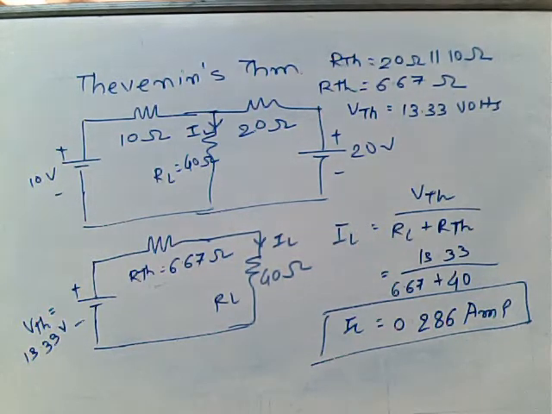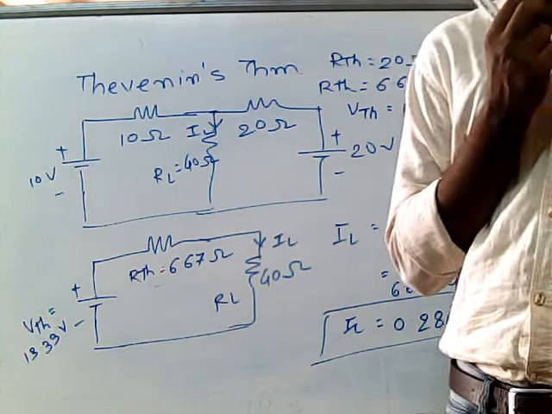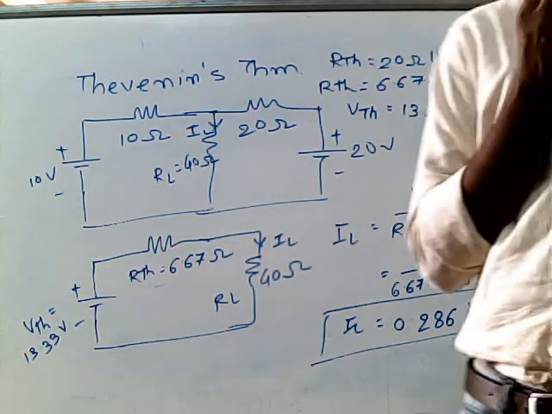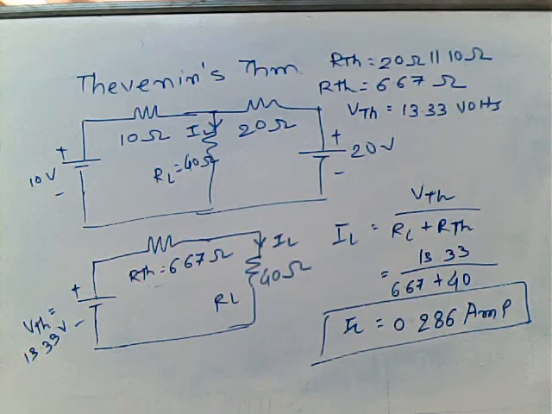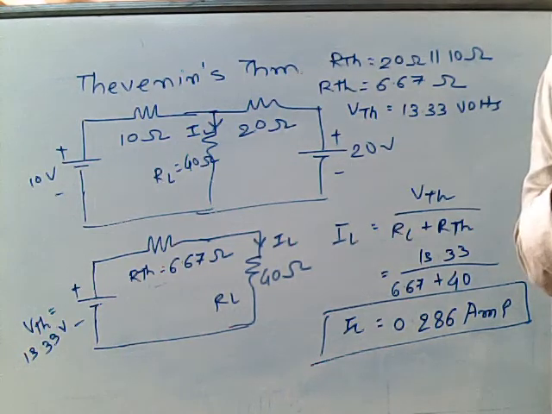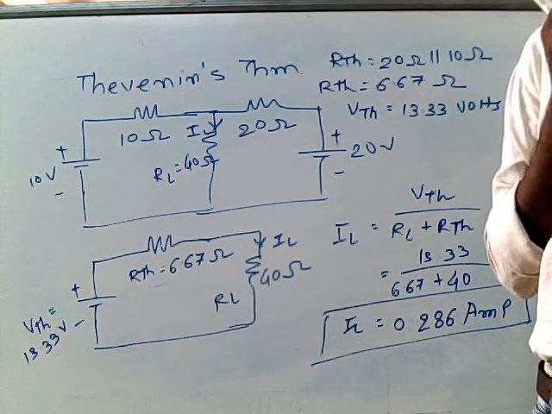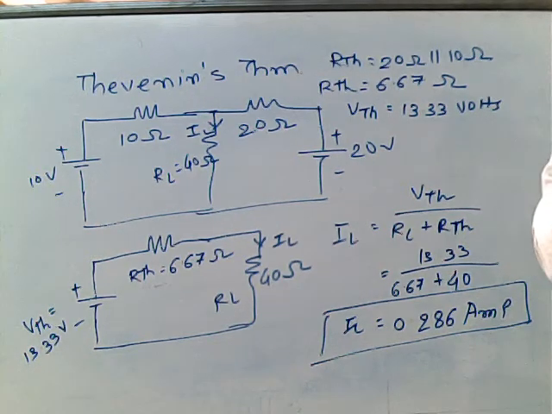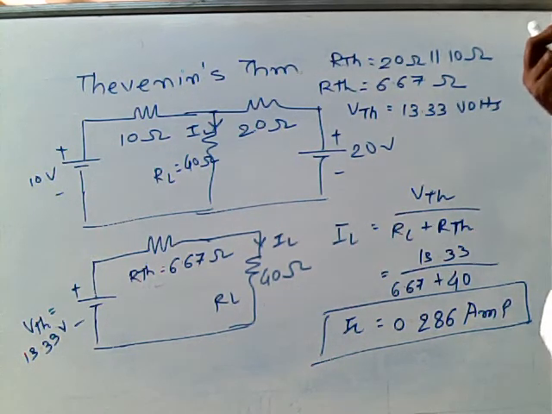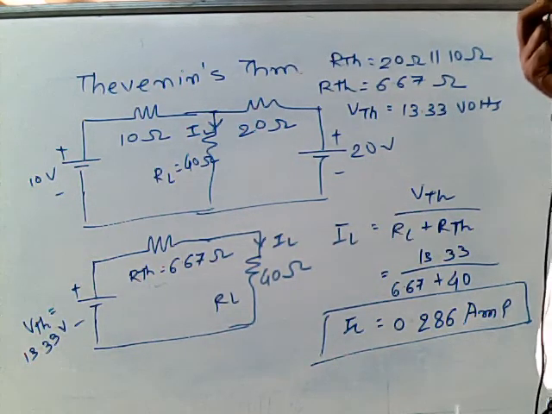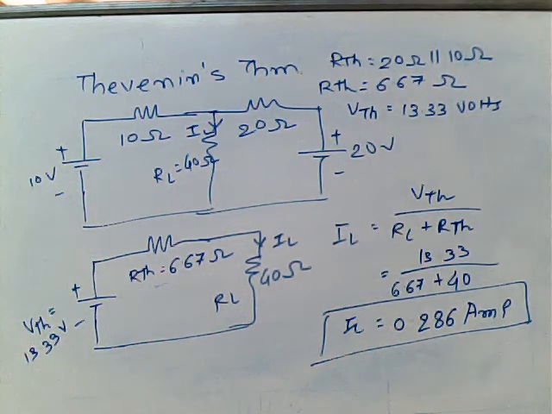The second step is to find the RTH. While finding the RTH, we find the resistance looking into the window where we removed the resistance. But here we have to remember that the sources in the circuit are replaced by their internal impedance. So voltage sources are replaced by short circuit, and current sources are replaced by open circuit. Then we find the RTH, the open circuit resistance across the resistance that we have replaced.